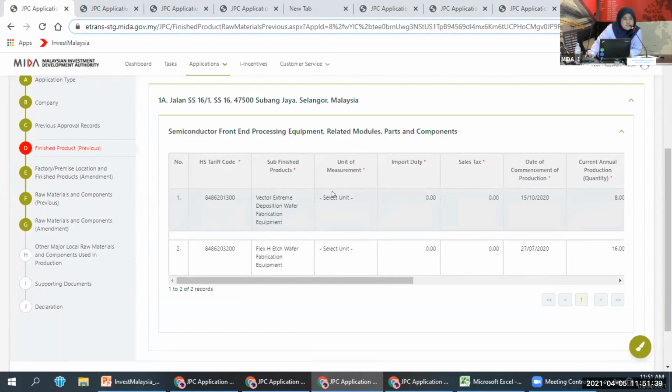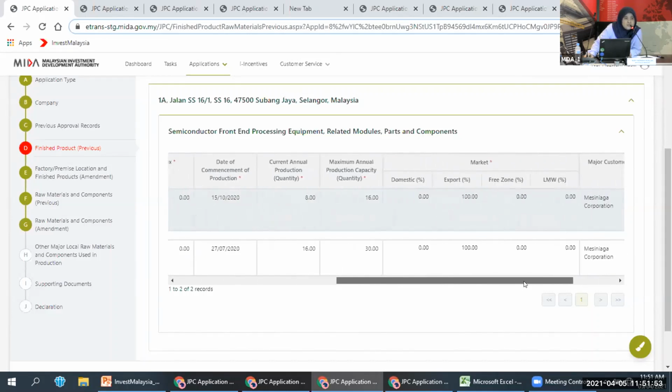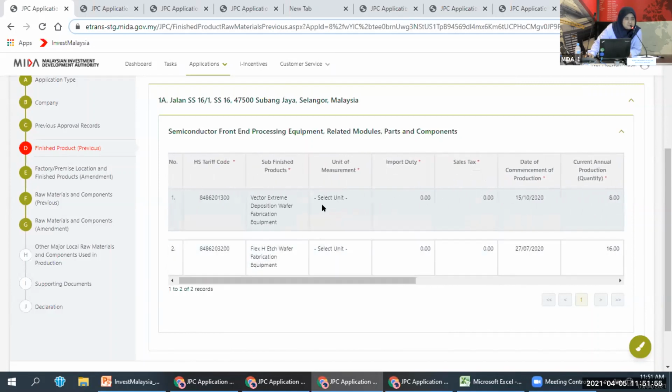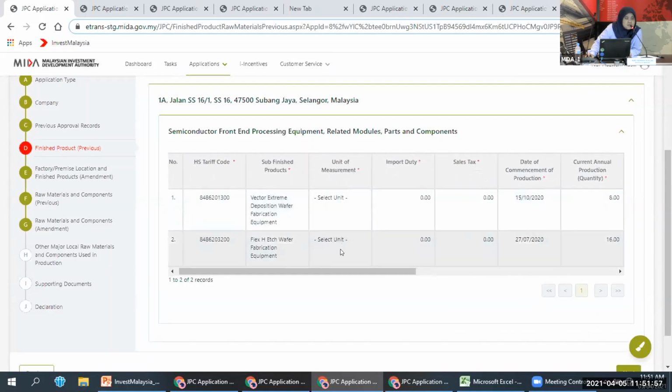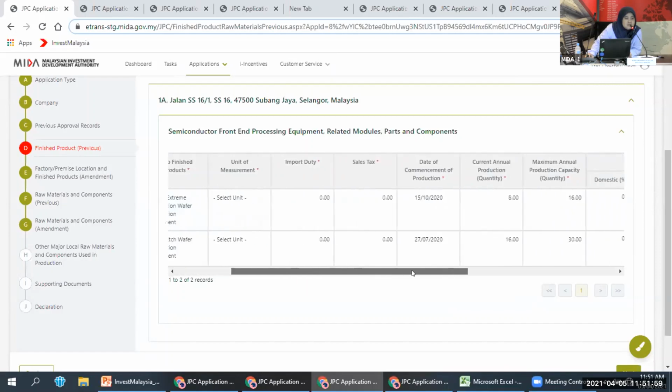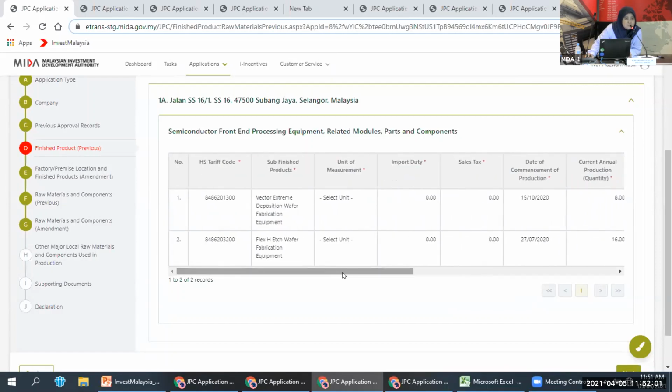It is populated from your previous approval form if your approved exemption is prior to the invest measure. So there's nothing you can do in this section. It's a reference: what are the finished products that have been approved based on the exemption?